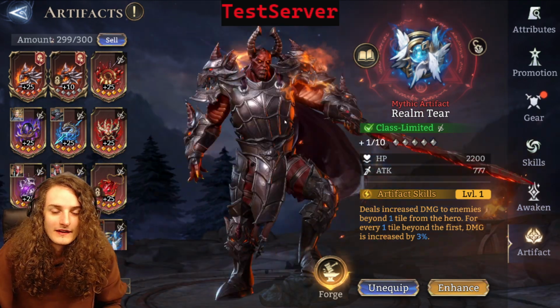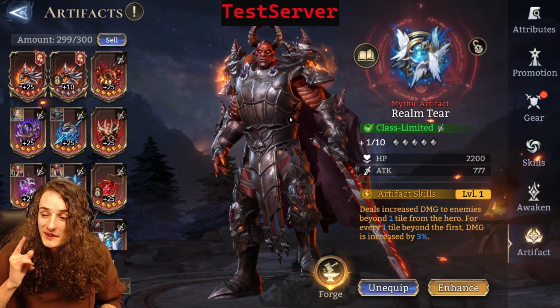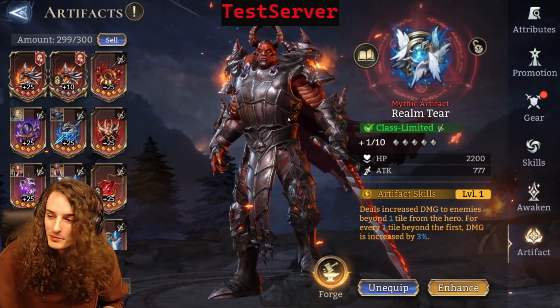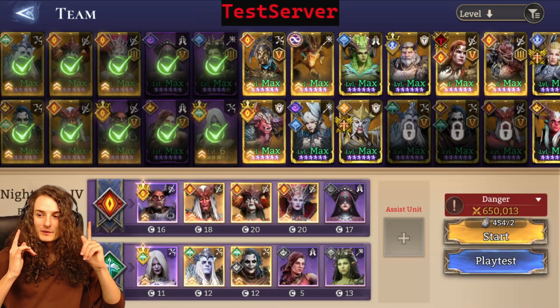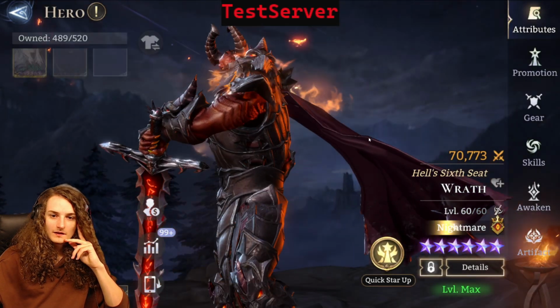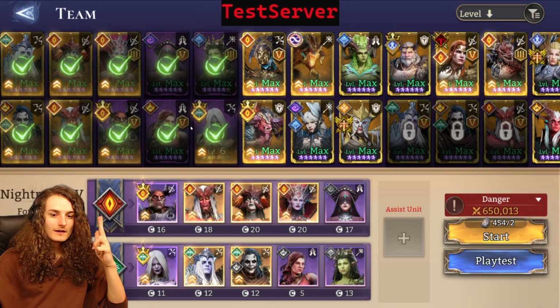Alright, now how do we do this? Very simply. There's only one place where Wrath needs to go, and that is Guild Boss. Alright, yeah, here we go, the tests. The first thing is the same team, so Wrath, Arrogance, Lust,